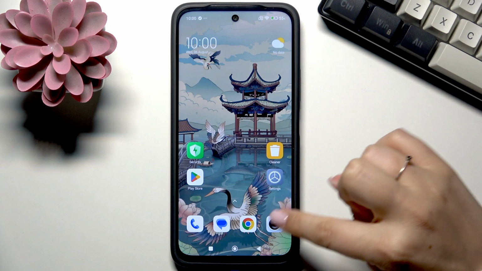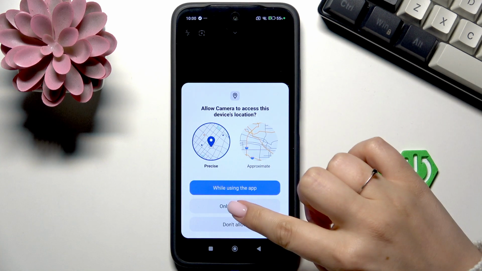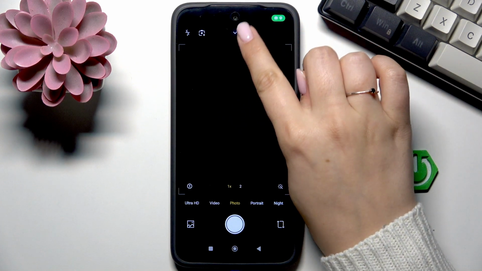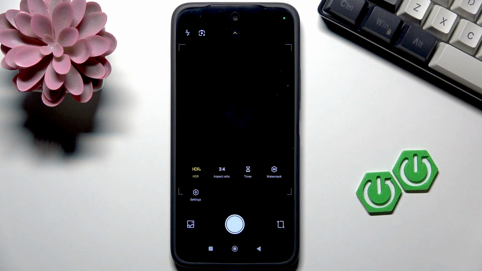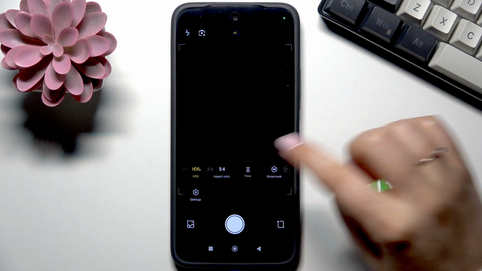So let's begin with opening the camera app. And currently we are in the standard photo mode. So now all we have to do is to tap on this arrow at the top to open more options, and as you can see here we've got this hourglass icon which is connected with the timer, so let's tap